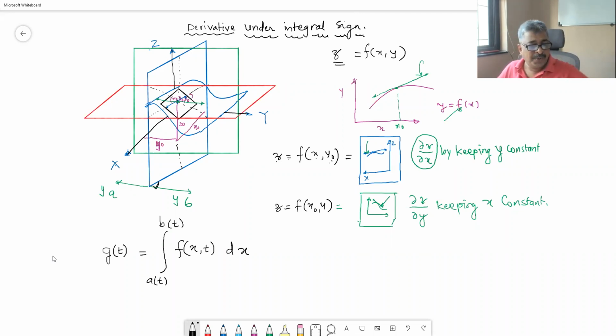Now, what do we mean by this? f is a function of x as well as t. So there are practically two variables here. We call t a parameter eventually, but for all practical purposes, both are unknowns and both have some influence on the eventual value of f of x comma t. So as to understand what this is, let me draw a sketch.